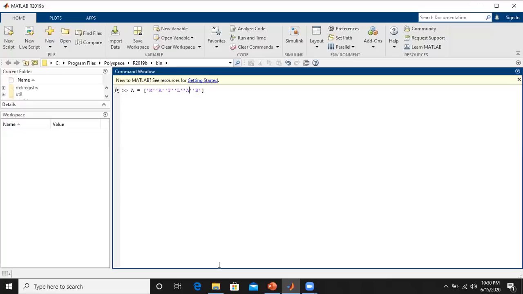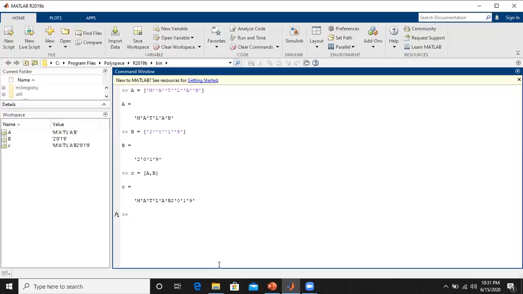So this is a 1 by 6 array, or a string array, that we can say. Now let us take B here and let us type 2019, 2, then 0, then 1, then 9. Okay. So we have 2019. Now we just wanted to concatenate these two. So C equal to, then what we have to do is A comma B. So we can get MATLAB 2019 here.